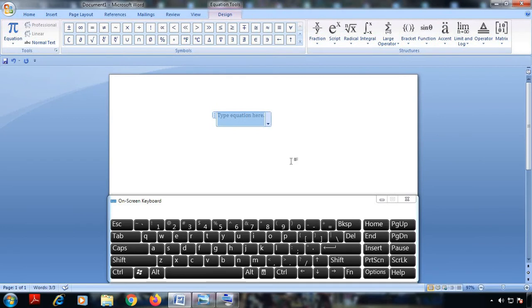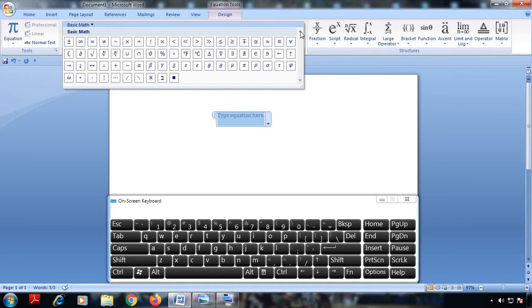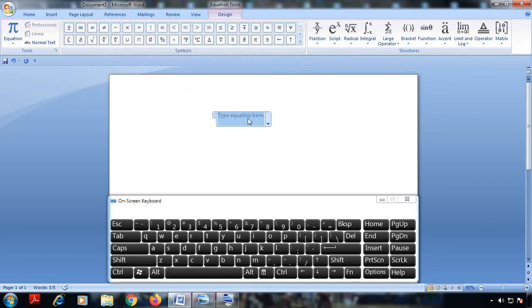Here the equation editor appears on the screen. Now there are various symbols which one makes use of while writing the report. So what if there's no need for you to find those symbols here, and you directly can type the name of that symbol, and that symbol appears in this equation editor? Yes, that is possible. How are you going to do that? So first I'm going to click on this equation editor.